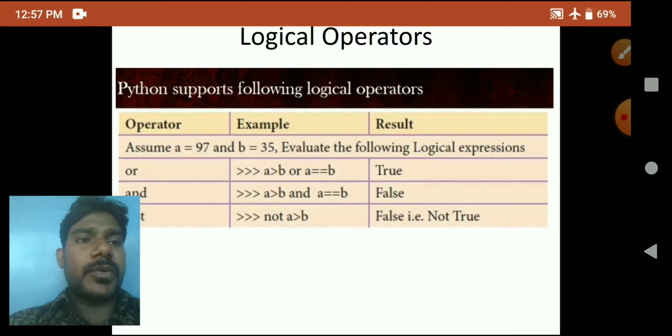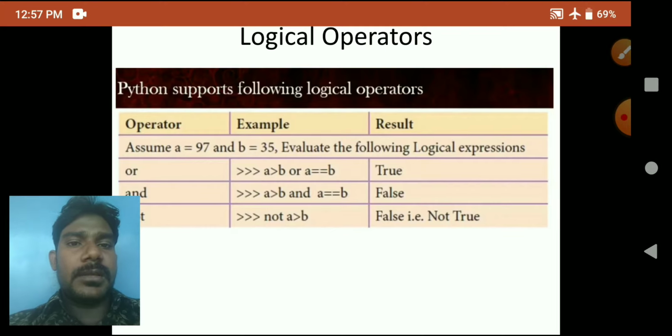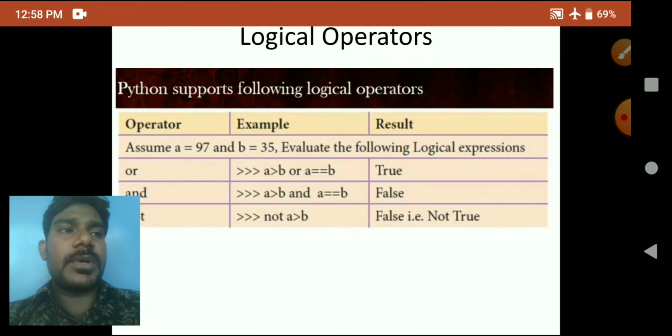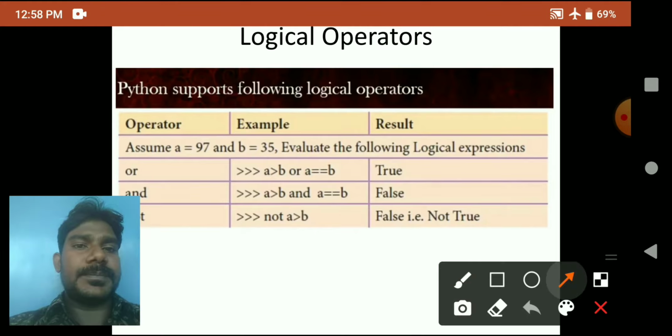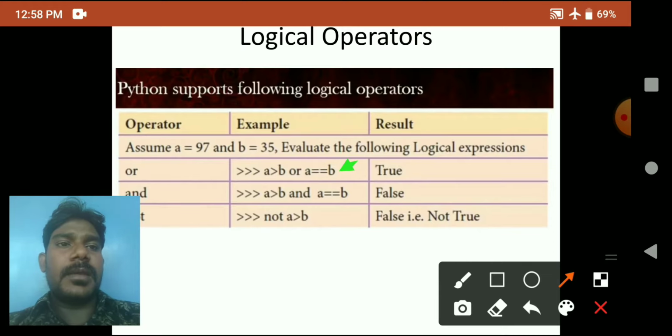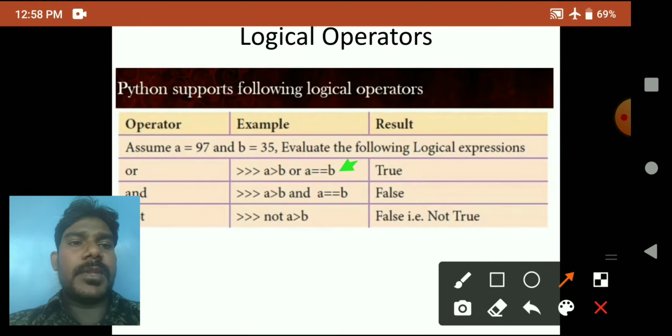Evaluate the following logical expressions. Okay, they have given expressions with the three logical operators: or, and, not. We have to apply the operators one by one. First: a greater than b or a equal to b.